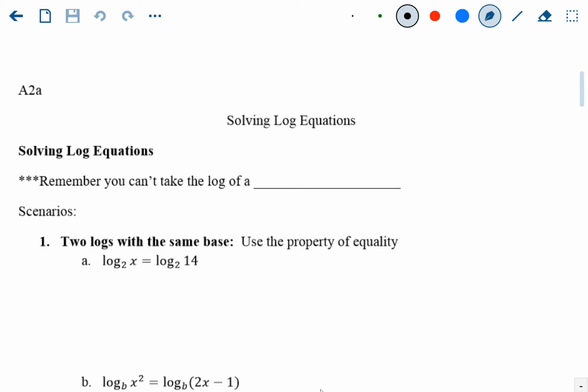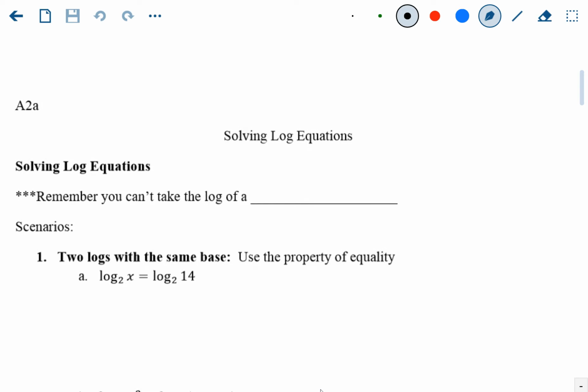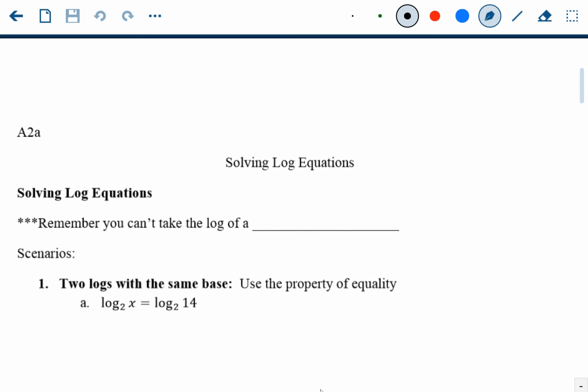Okay, Algebra 2. This is going to be the last set of notes in the exponential log unit that we've been doing for the past couple weeks. This one's kind of a long one, so I'm sorry. But today's